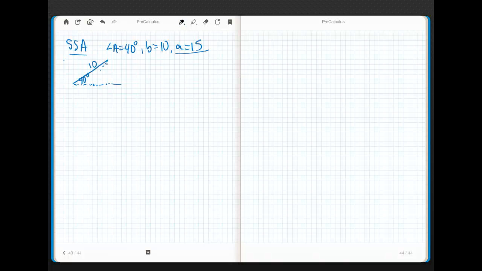If I try to do 15, I know that 15 is longer than 10, right? So if I try to crank that guy back here, what's going to happen? It's going to open up this angle, and it's going to make it bigger than 40. Well, that doesn't work. There's no way that can happen, right? So I have no choice. If the side opposite the given angle is longer than the other side, that's actually a really good situation, because